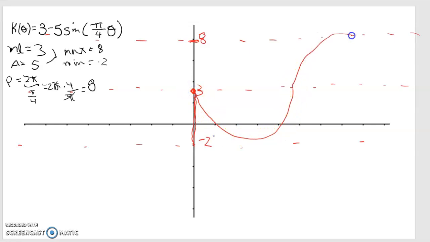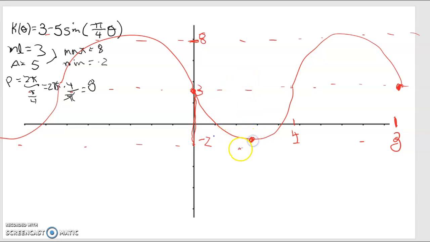So that's going to be the midline. It's going to do that, and that, and that. Oops, that was way off, but close enough. And our period is 8, so that means by the time we're done with one wave, we're at 8. A half a wave, we're at 4. A quarter of a wave, when we hit this point,